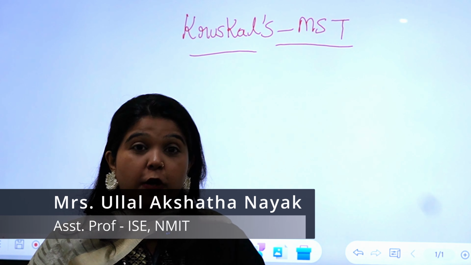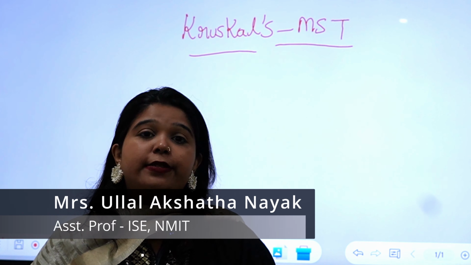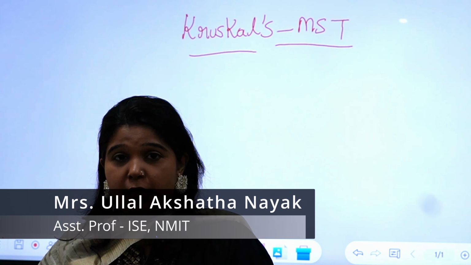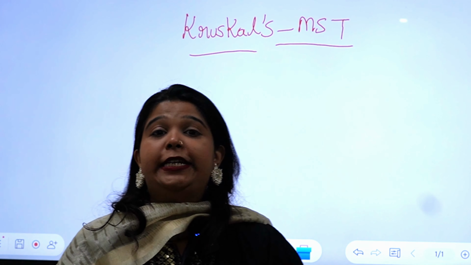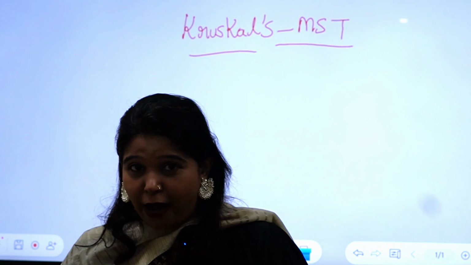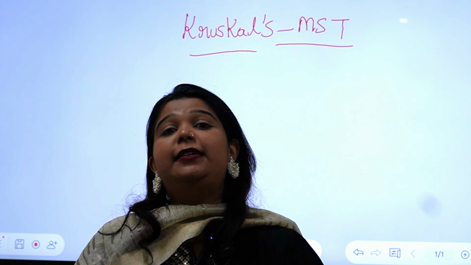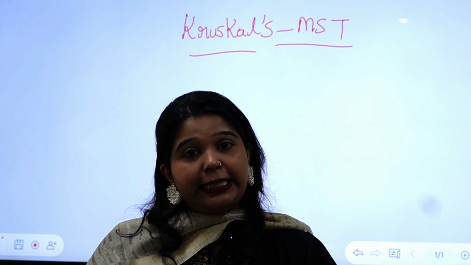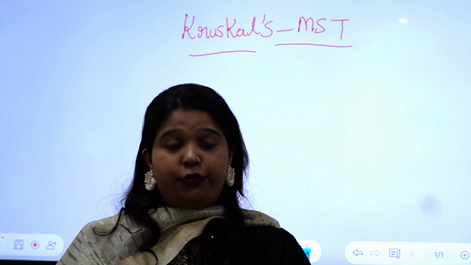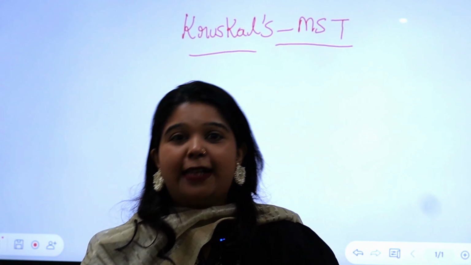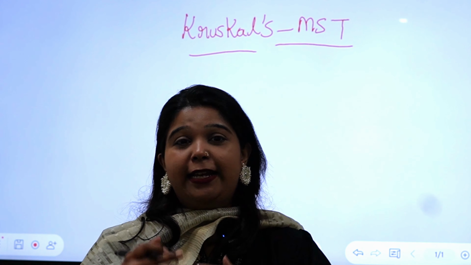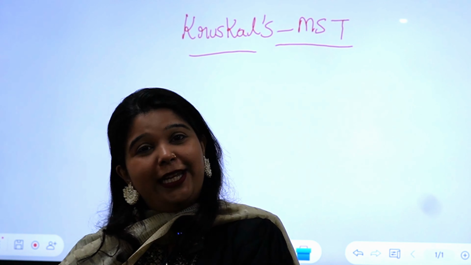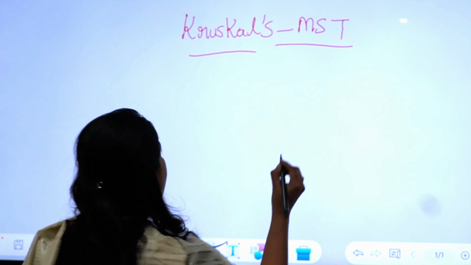Today I will be talking about Kruskal's algorithm, which is nothing but the minimum spanning tree. When I talk about a minimum spanning tree, from the given graph, which is an undirected graph which has some weights, we would be calculating the minimum weights from the given tree. So let's consider one example and see how we can get a minimum spanning tree from the given graph.